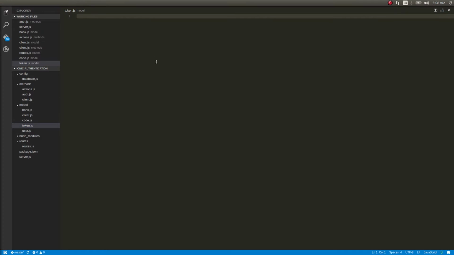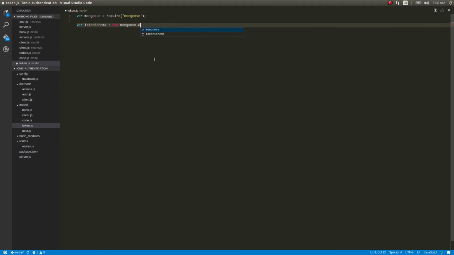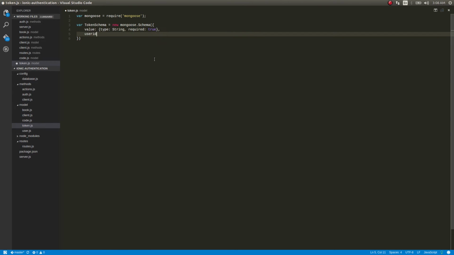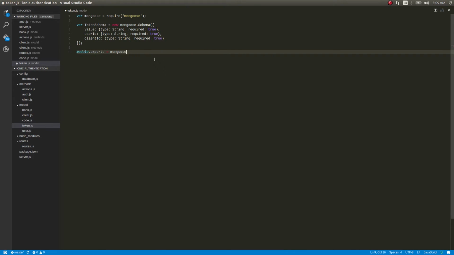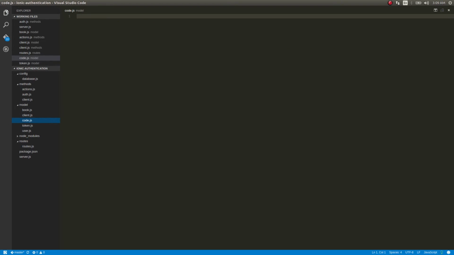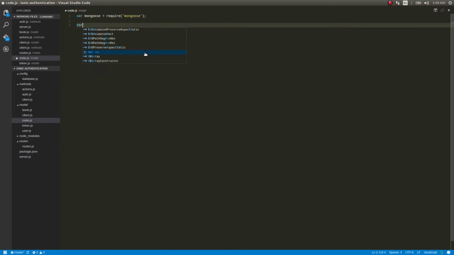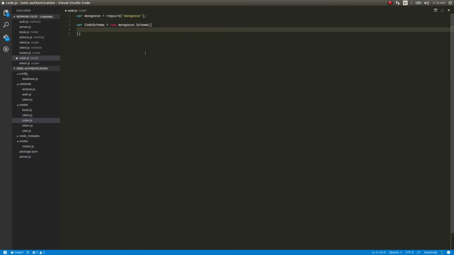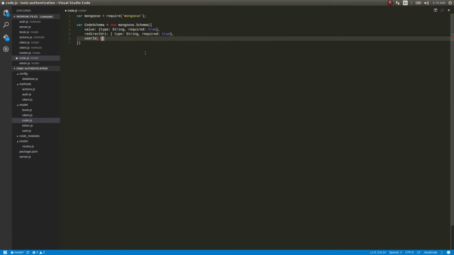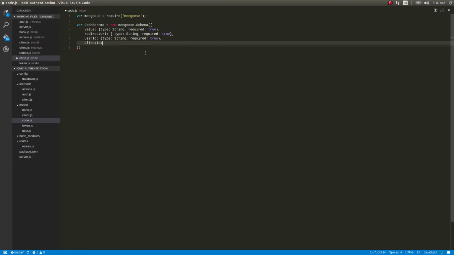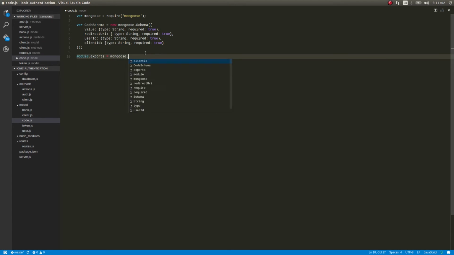Okay, the models for code and token are now available. Now we'll make use of this in our application.